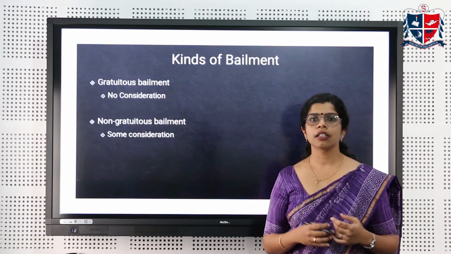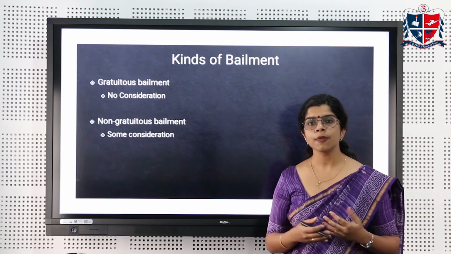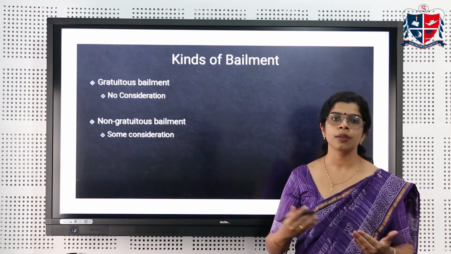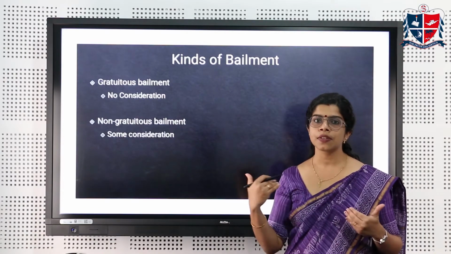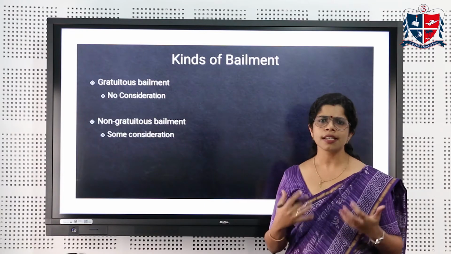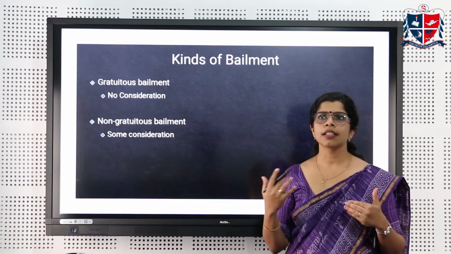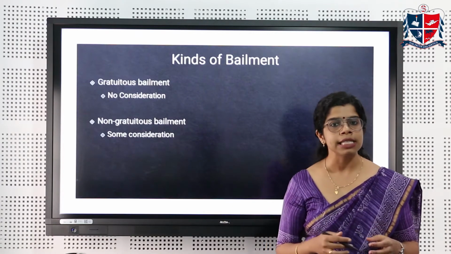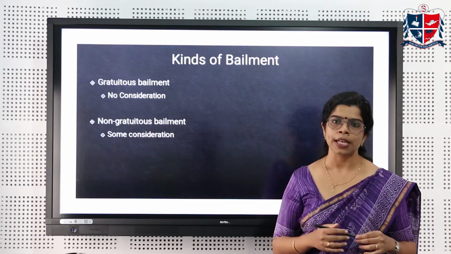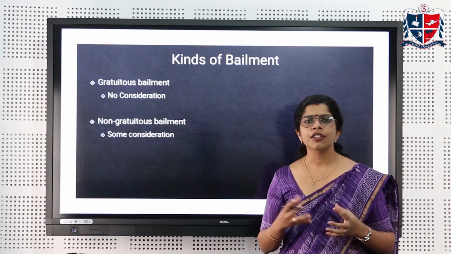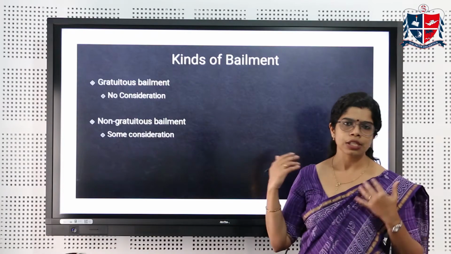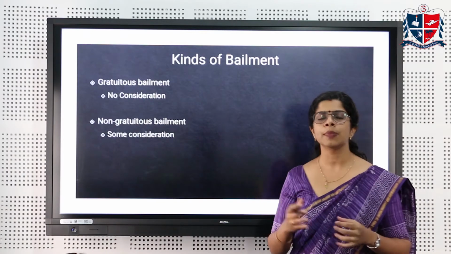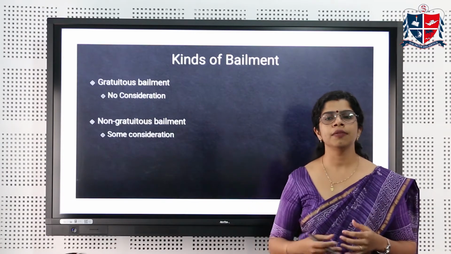Gratuitous bailment is the type of bailment which does not have any consideration passing from the bailer to the bailee. There is no consideration that transfers with respect to gratuitous bailment. It is out of gratitude. So basically, contracts between friends and family, which do not really have any type of consideration, are known as gratuitous bailment. There are no typical conditions or clauses attached to such contracts. But still there will be some purpose, and once that purpose has been accomplished, the bailee will deliver the goods back to the bailer.